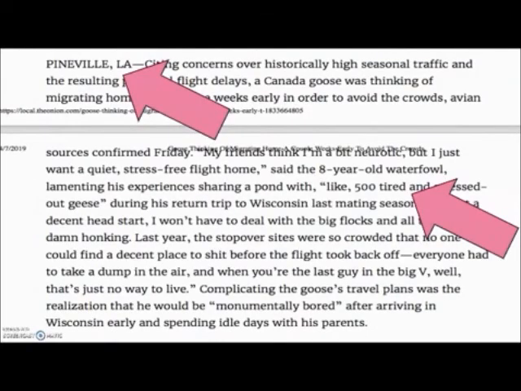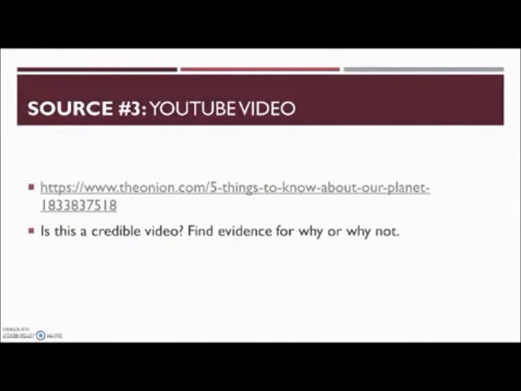It's a joke. It's from something called The Onion. If you're unaware what The Onion is, it disguises itself as credible just by the way they format their articles, but it is satirical. It pokes fun of different discussions and political issues and just everyday community stories. So it's not credible. YouTube video.